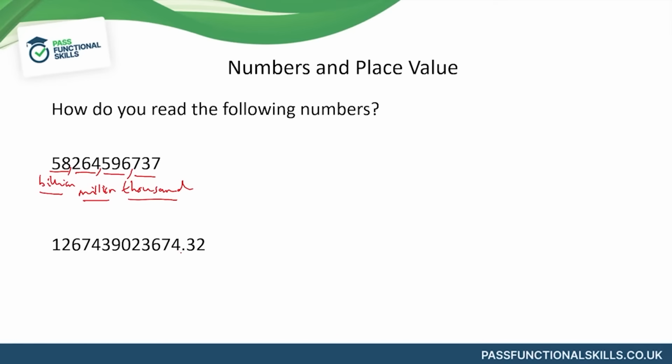Okay, so from the decimal point going to the left, comma after every 3, 1 2 3, 1 2 3, 1 2 3, 1 2 3, and again first comma is 1,000, second is million, third is billion, and this is now trillion. So if I were to read this number, I could write it as well, but that'll take a long time, so I'll just read it. This is 1,267,439,000,000. Okay, we can't say 0,123, that's just